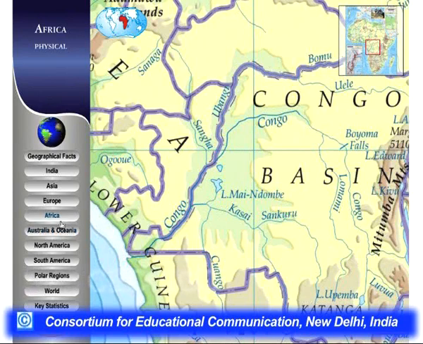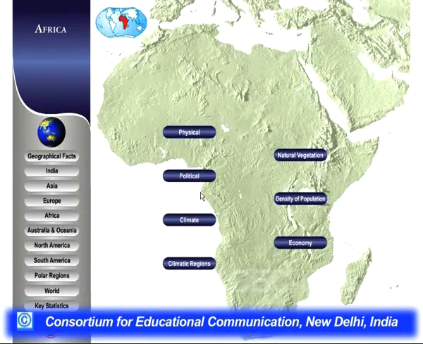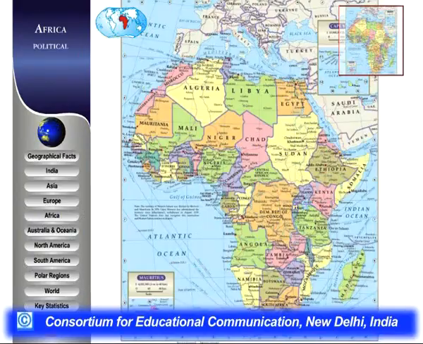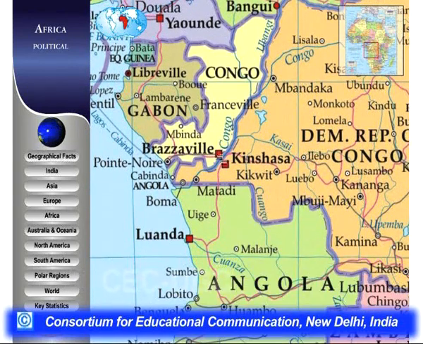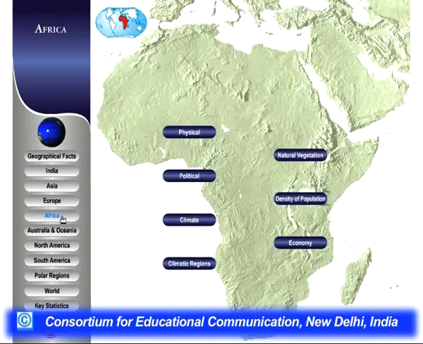And very interesting that if you see Kinshasa and Brazzaville, the capital cities of the two countries, Brazzaville in the Congo, Kinshasa in Zaire, these two cities are just across the river, facing each other. So this river Congo not only divides two countries, it also divides two capital cities. So Congo in the center, then